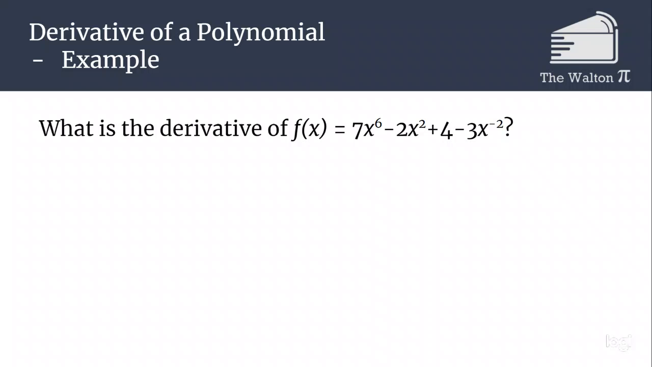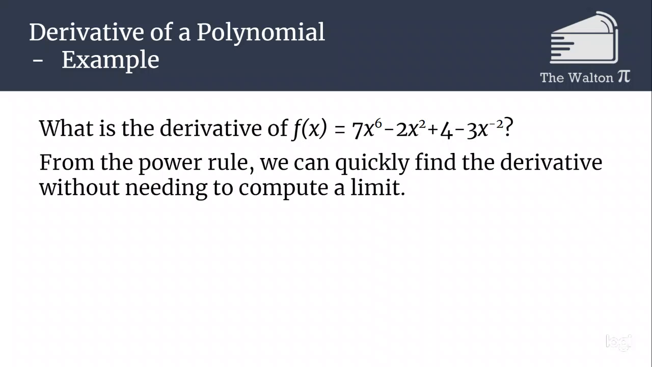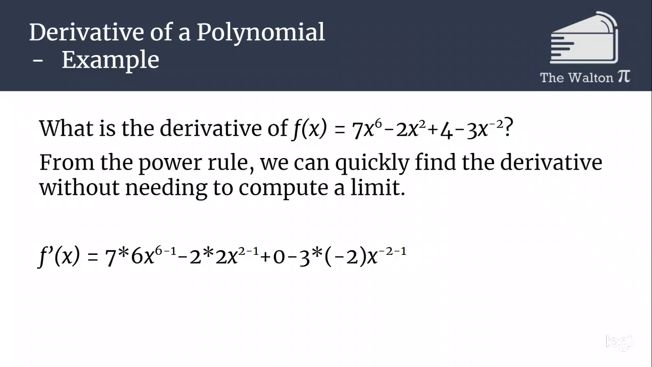So if we are given this sort of polynomial, we can use that rule every single time. We have a whole bunch of additions combining different x to the n values. So the 7x to the 6 is going to become 7 times 6 times x to the 6 minus 1. The 2x squared becomes 2 times 2 from the exponent times x to the 2 minus 1. For the 4, the derivative of a constant is 0, or you could think of that as 4x to the 0, so that becomes 4 times 0 times x to the 0 minus 1,